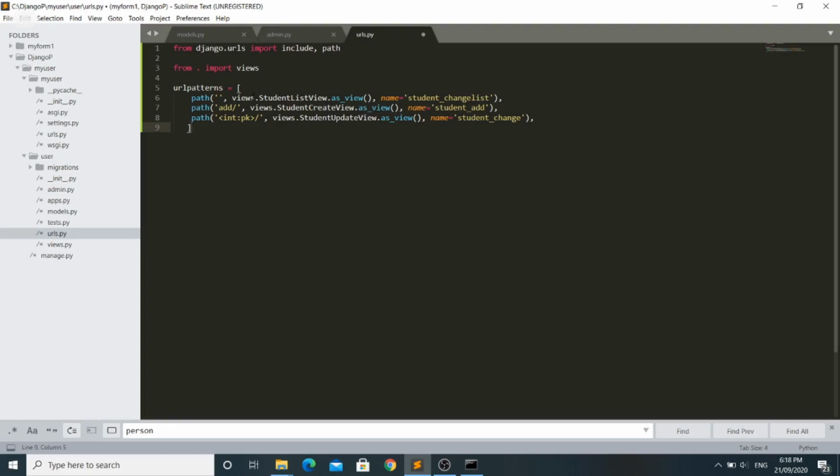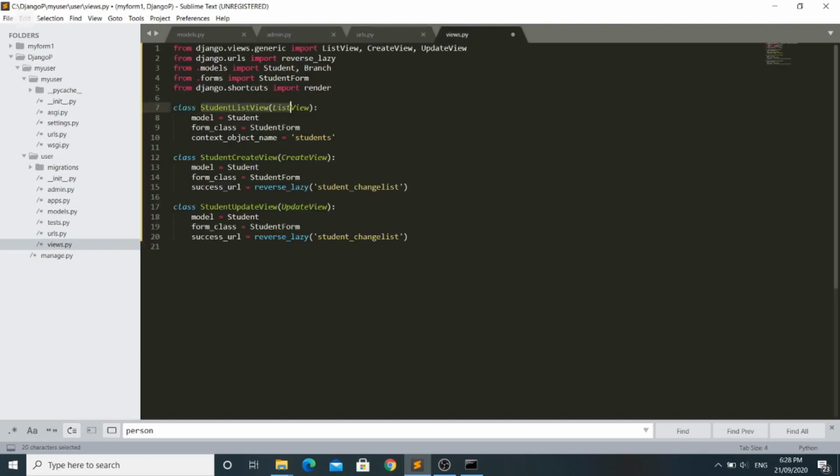The second one will have the registration form, and the third one is there if any student wants to change the information already submitted. In urls.py, you might have noticed that we have mentioned views here: the student list view, student create view, student update view. In views.py, we will be defining all these views.